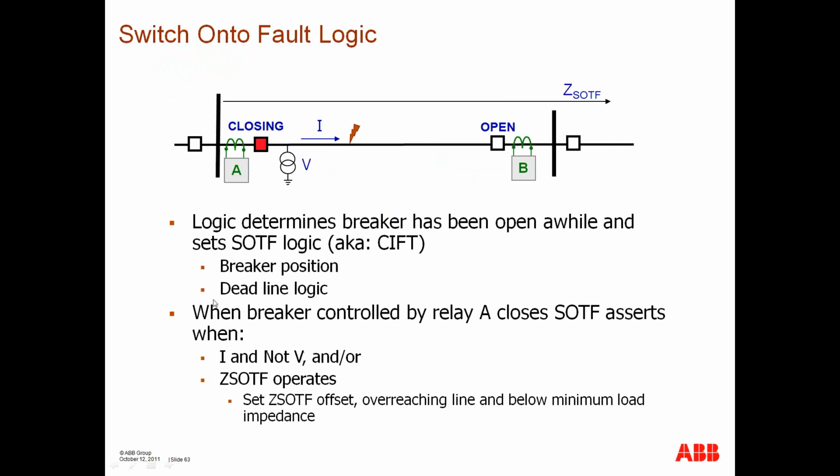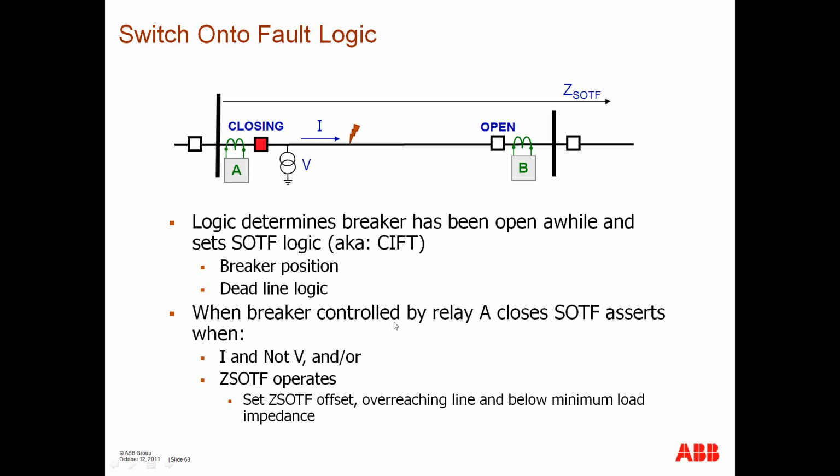Switch on to fault logic, there are two methods. First you start with knowing the breaker position. It's either with a contact or having some type of deadline logic. And when the breaker at relay A closes, the